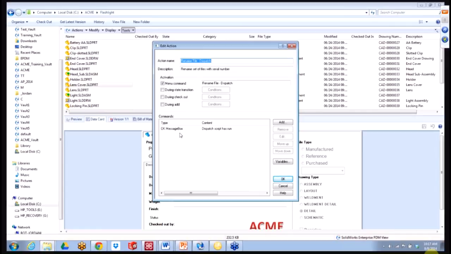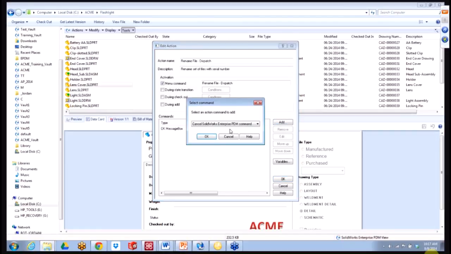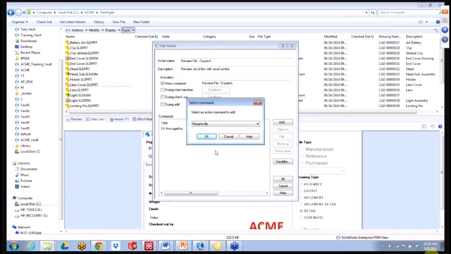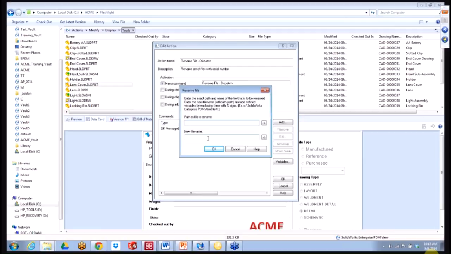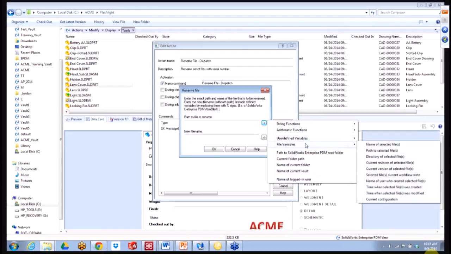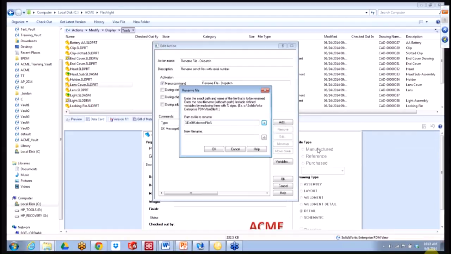So what I'm going to need to do is add an action for renaming a file. So the first thing I'll do is add and go to rename file. And it's going to ask me for the path of the file that needs to be renamed, and I can reference a selected file via this dynamic variables button. So I can build out that list. I can say directory of selected file,